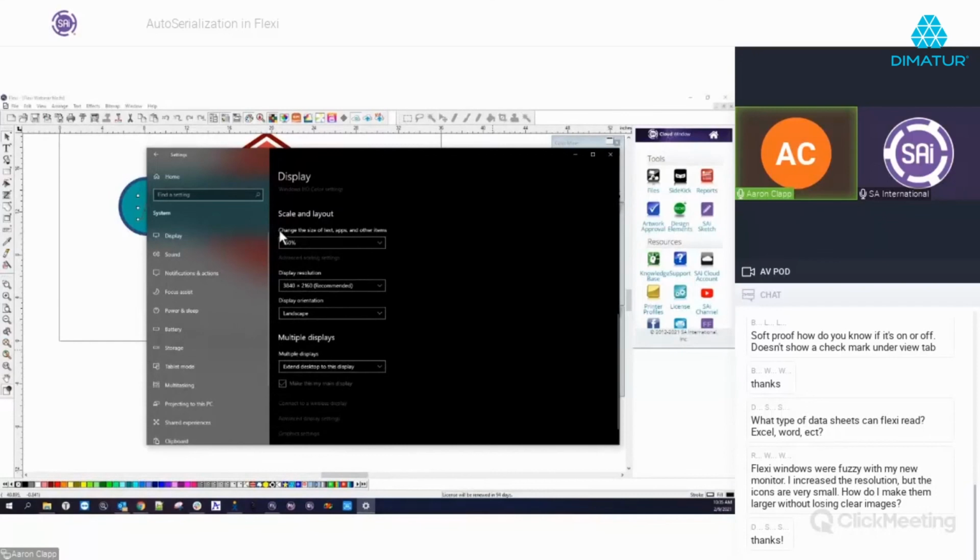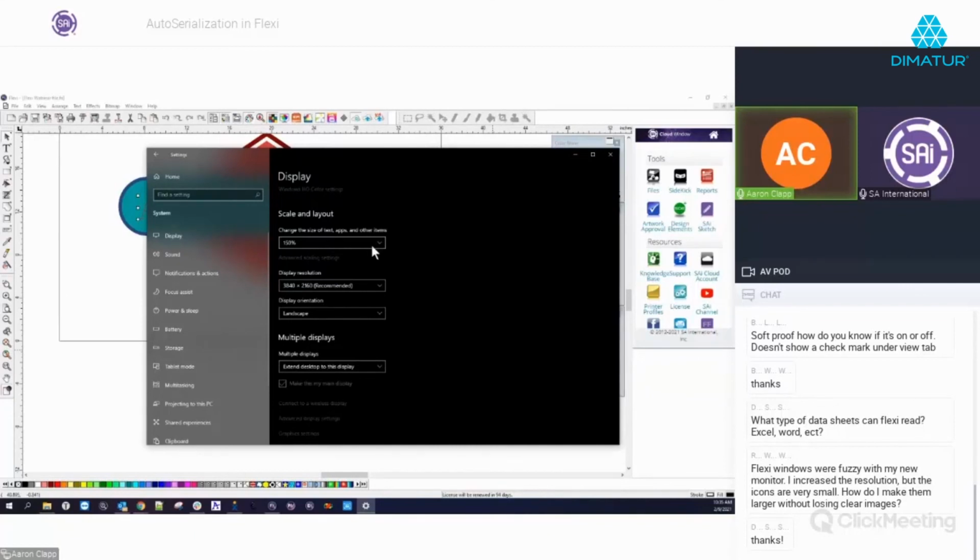So this changes the text, apps, and other items. So what this basically does, if you set this to 100%, it goes down to a really tiny shrunk down version. All of your icons are tiny. You can increase this and sometimes it will help. The only problem is this is an implementation inside of Windows. And so certain applications may or may not always play well with this resolution because it's just kind of like a Band-Aid, so to speak. It's just saying, hey, take this, magnify it